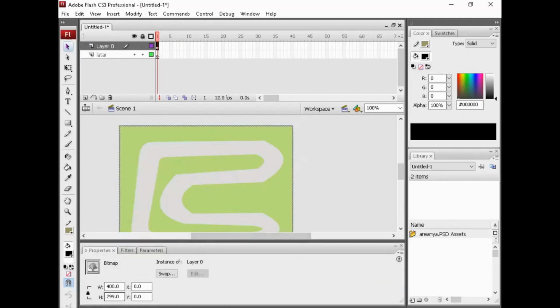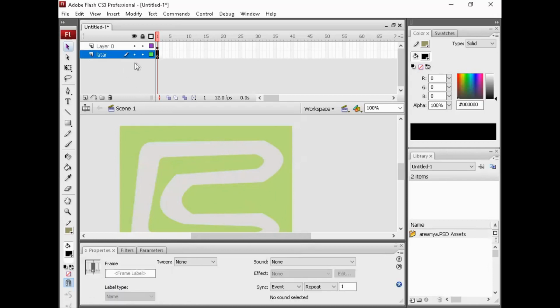Maybe it's a bit different. Okay, maybe we can open this. Open this, 200. That's it. It's fixed on position 0x, 0y. Okay, that's it.